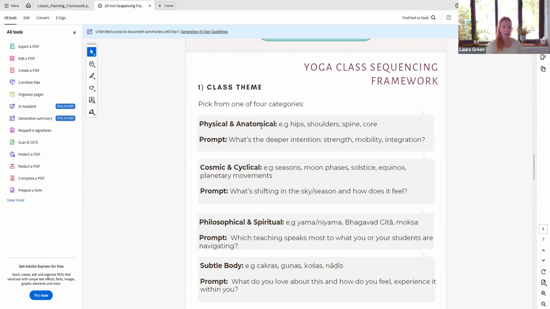But category 1 was physical and anatomical. So maybe your class is structured on a focus around the hips, shoulders, spine, or core, or something else. But then I'm giving you a prompt. What's the deeper intention with that? So I'm not just going to today's class as a focus on hips. So it could be today's class is focusing on the hips, but specifically how we explore creating a balance of